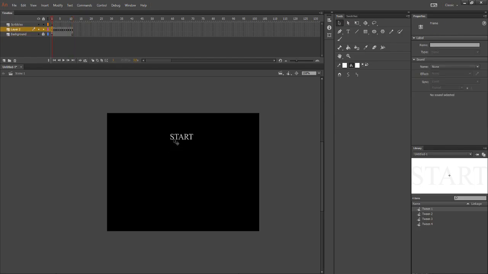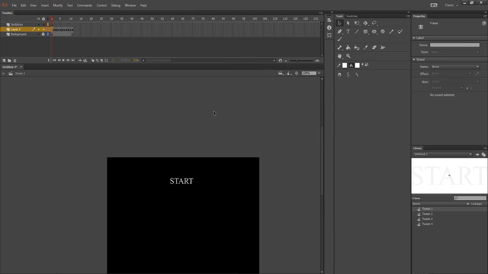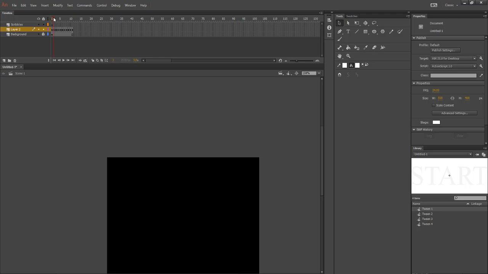Now, what I want to do now that I have this is I want to copy all of these frames, but I want to do each of these as a symbol. Each of these as a layer of its own, basically. So each letter I want to be its own symbol. So I want to type in S and then T and then A and then R and then T, but I want them to fade in while I do it. Okay?